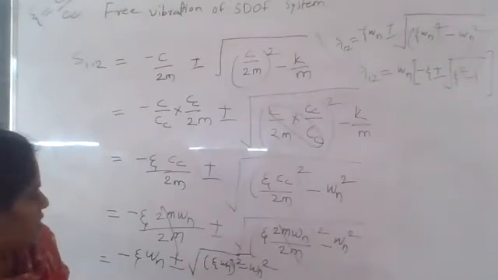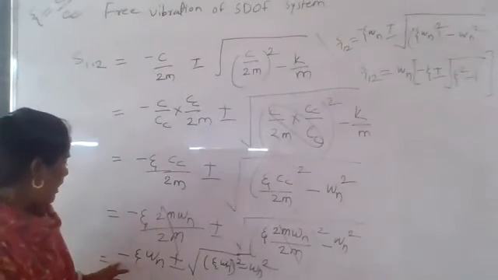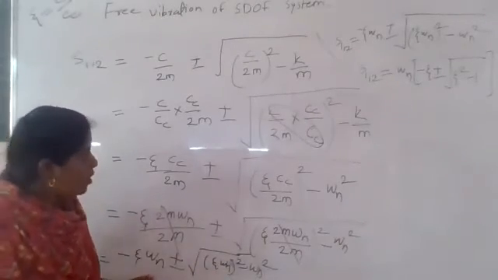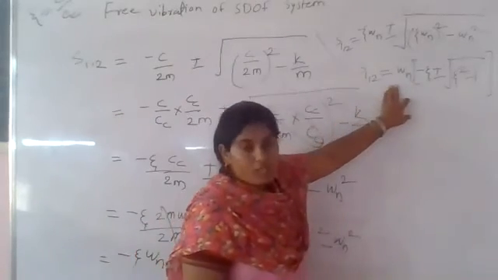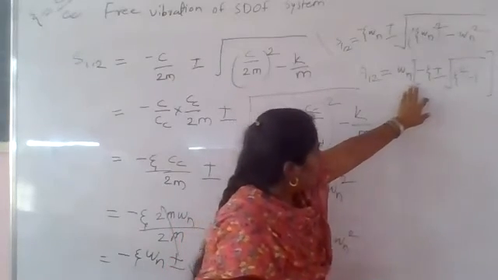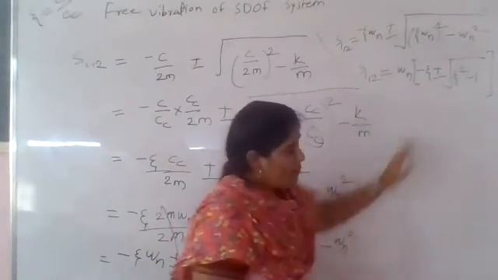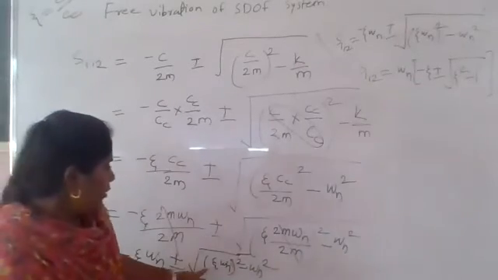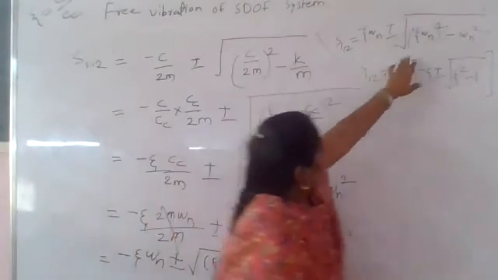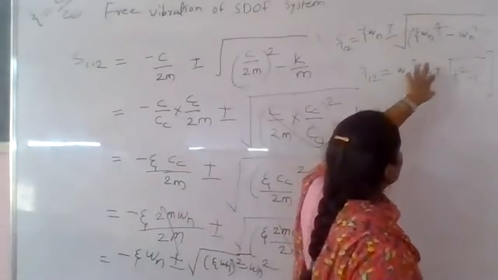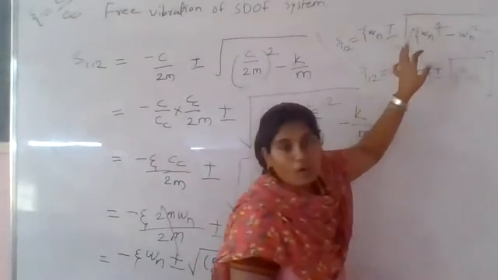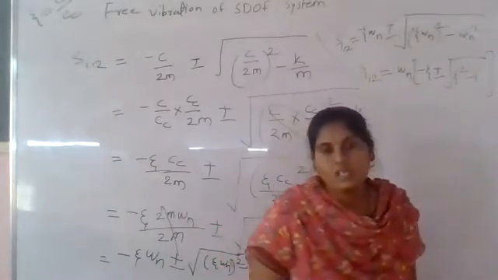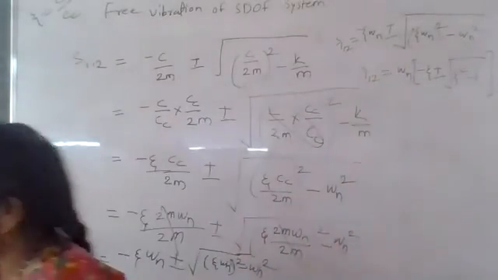All of you understand this? From this equation, I have taken omega n as the common term. Omega n is common, so you put it outside, and the remaining term is minus zeta. Only minus zeta remains here. Plus or minus for S12 into root of this. Omega n square is common, so out of the root that will become omega n, so omega n is outside, and the remaining term in the root is zeta square minus 1. All of you write down this.